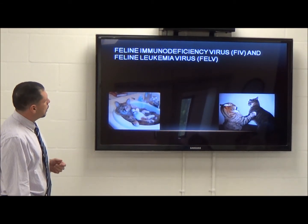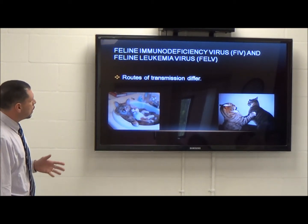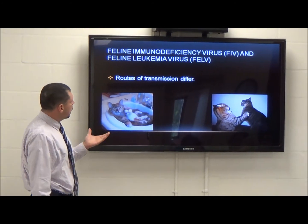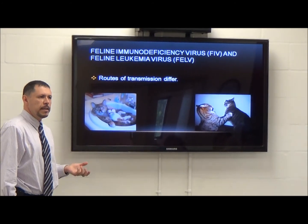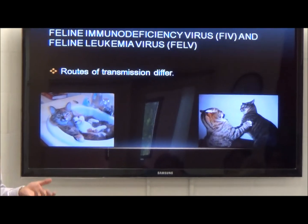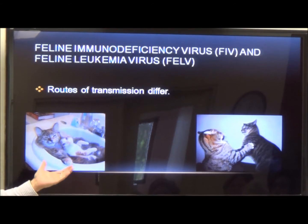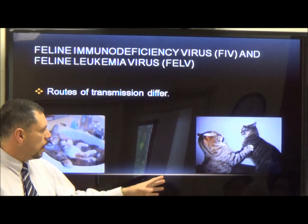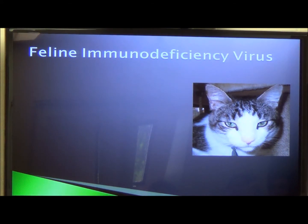Both of them have different routes of transmission. If we talk about leukemia, they mostly get it from mother to kittens, or if they share the same bowl of food, water, or the litter box, versus FIV, which they get when they fight. Okay, I will be talking first about FIV,